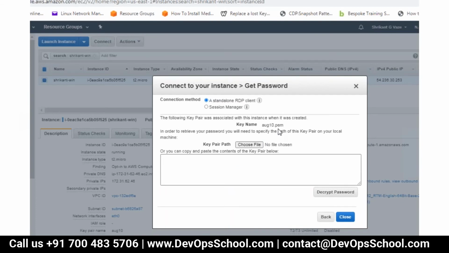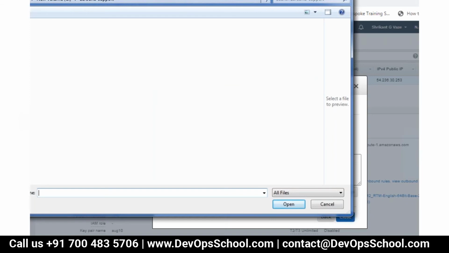Okay, now this is ready. So it will give you the key name. Now remember here, the .pem file has to be uploaded. Okay, not the .ppk file. So choose file. So here we go to the downloads.